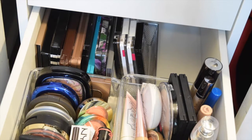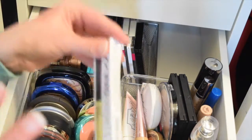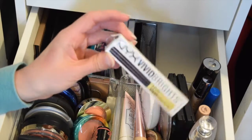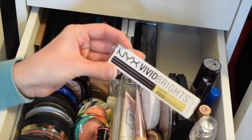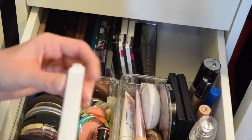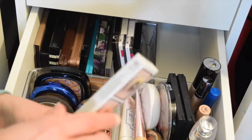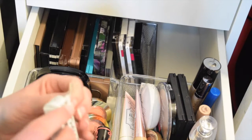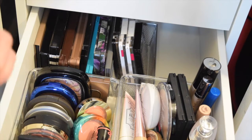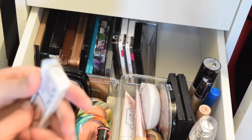So let me, oh, no. I put these here so I can remember. Speaking of spring, I decided it's time to pull out the NYX Vivid Brights. This is the liquid eyeliner, and it's in that yellow, what's it called? Vivid Halo? Yeah, Vivid Halo is the